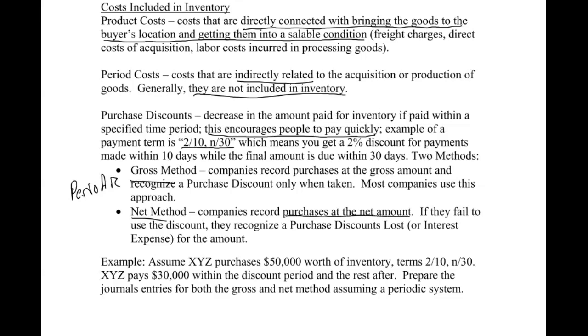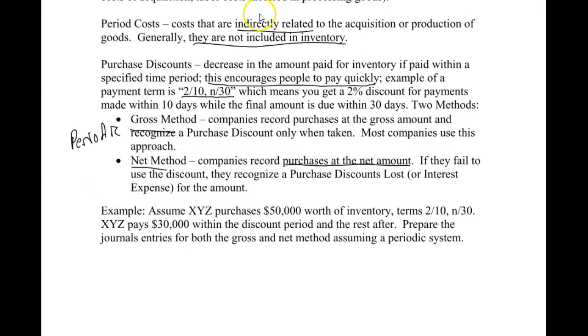If they fail to use the discount, they recognize a purchase discount lost, or it could possibly be interest expense for that amount. A lot of people prefer to use the gross method because they don't want to disclose how much in discounts they've lost. All right, so let's look at this example right here, and we'll walk through it real quick,